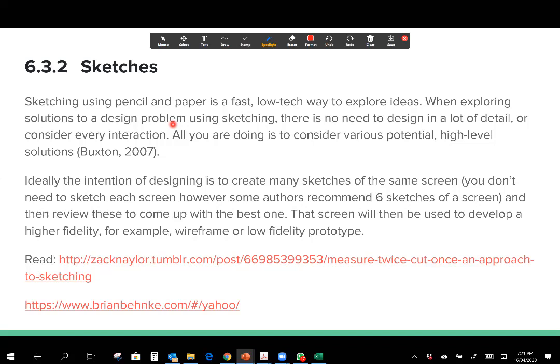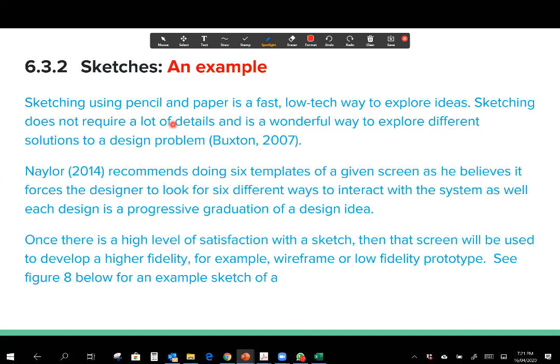Like, for example, if you're going to build a house, you don't just look at one house and say, I'm building it just like this. You may have looked at hundreds of houses to come up with the elements, and you may not even find one that matches exactly what you want. So you may have to take elements of different ones and put them together. That's why it's suggested don't just do one sketch and say, well, that's it, right? Try to come up with a good sketch. So this is an example of the write-up for it.